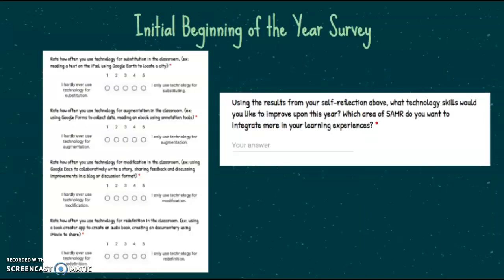I created the technology survey that was sent out to staff members, extending beyond just teachers. This also included our guidance counselor, our gate teacher, as well as paraprofessionals who were also involved in planning learning experiences for students. This survey evaluated where they fell in the different levels of the SAMR model and how often they use technology